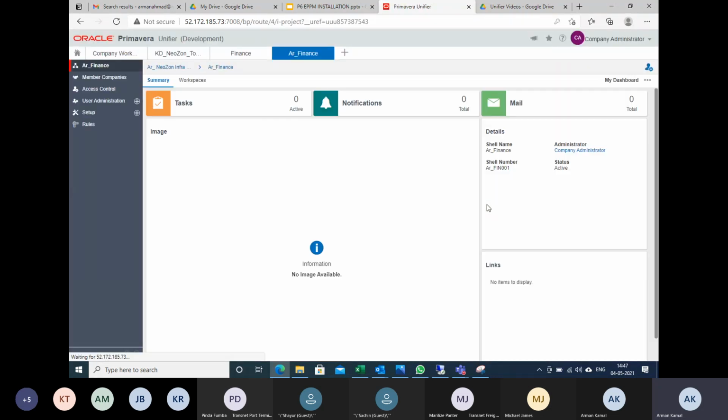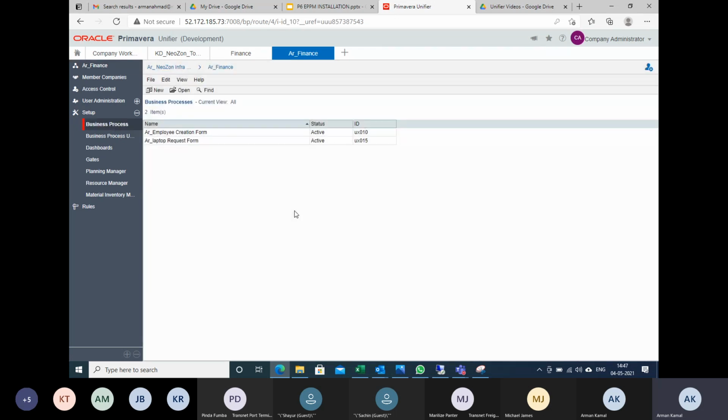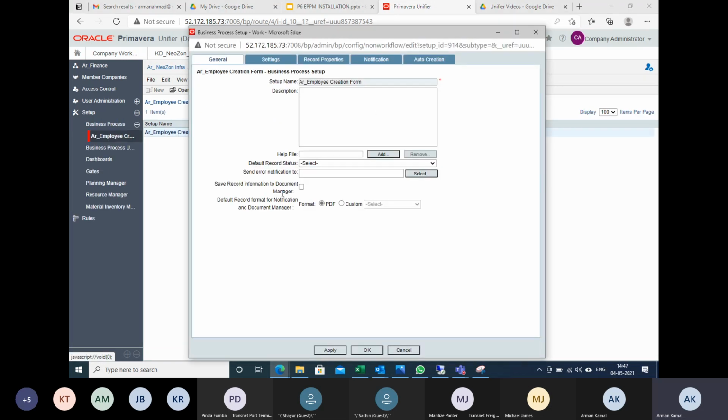Now I am going to configure the setup for the BP. Jumping to this business process, I can see only 2 BPs there. The employee creation form, I need to configure for John. I will double click on that, select it and click open.